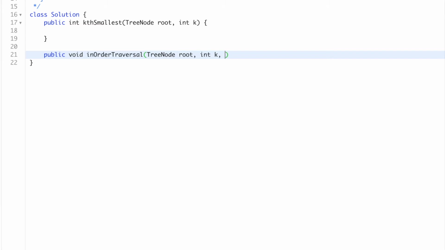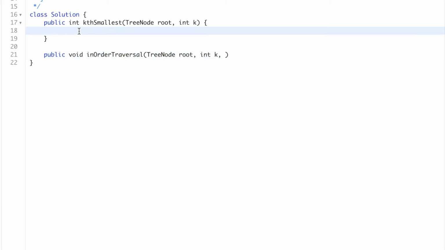When we get the kth element we need the value to be returned, right? For that we can use an integer array of 2 elements. Why do we need 2 elements? On the first element we'll store the current element position, and the second position we'll keep for the value. In that way, whenever we encounter the kth element, we'll store its value on the second index.